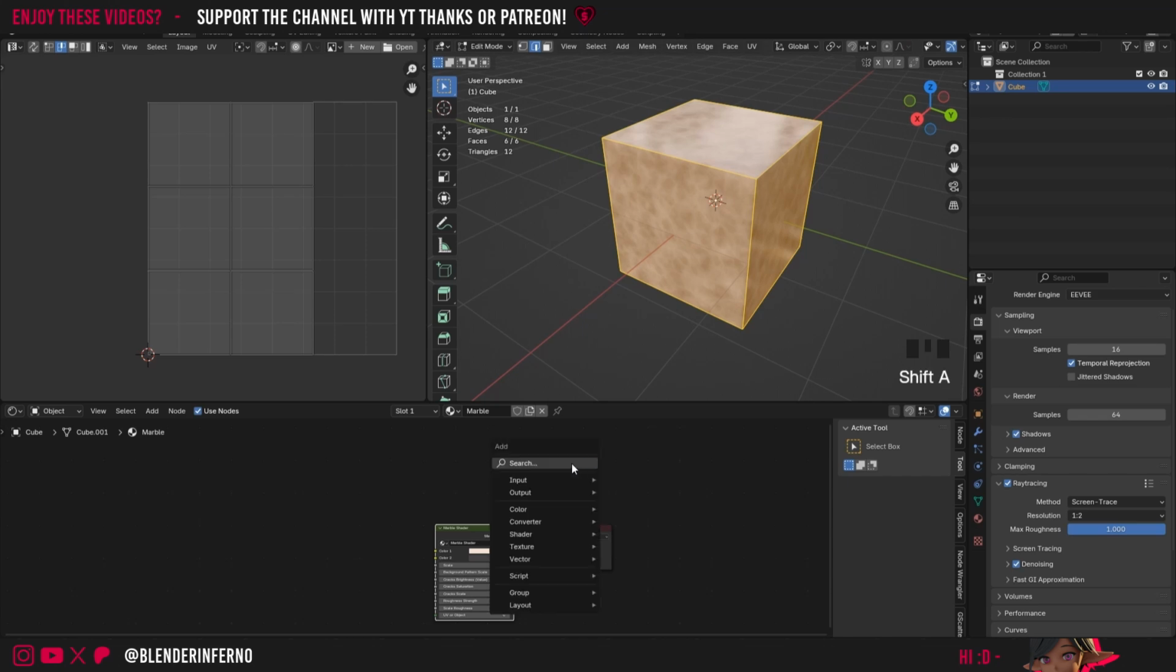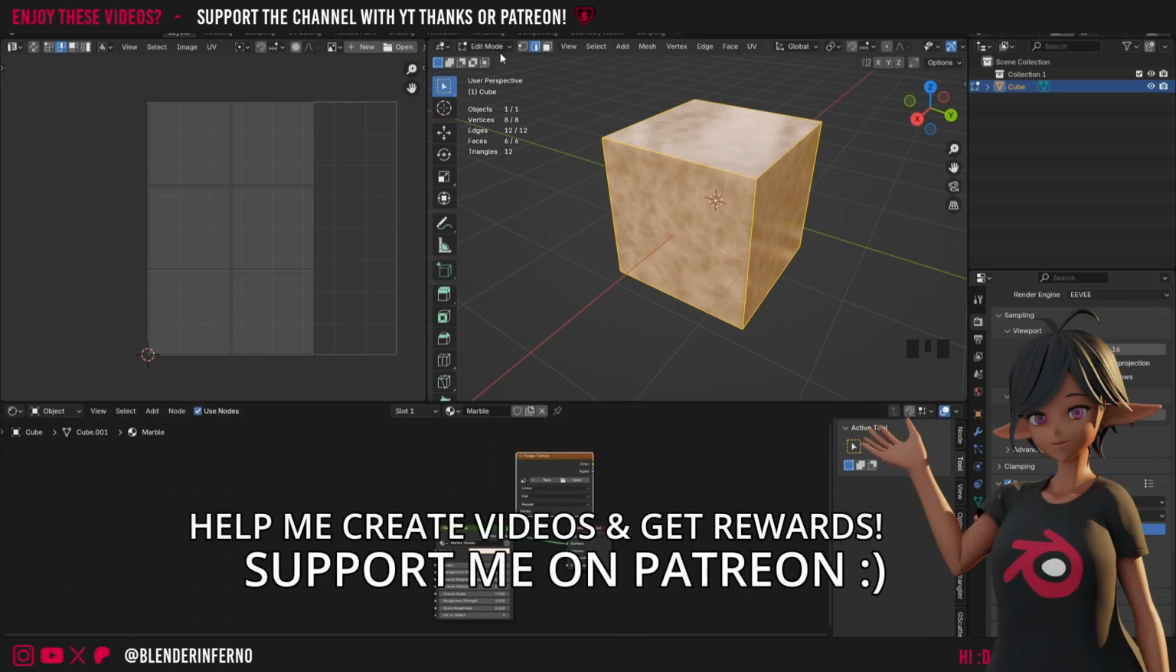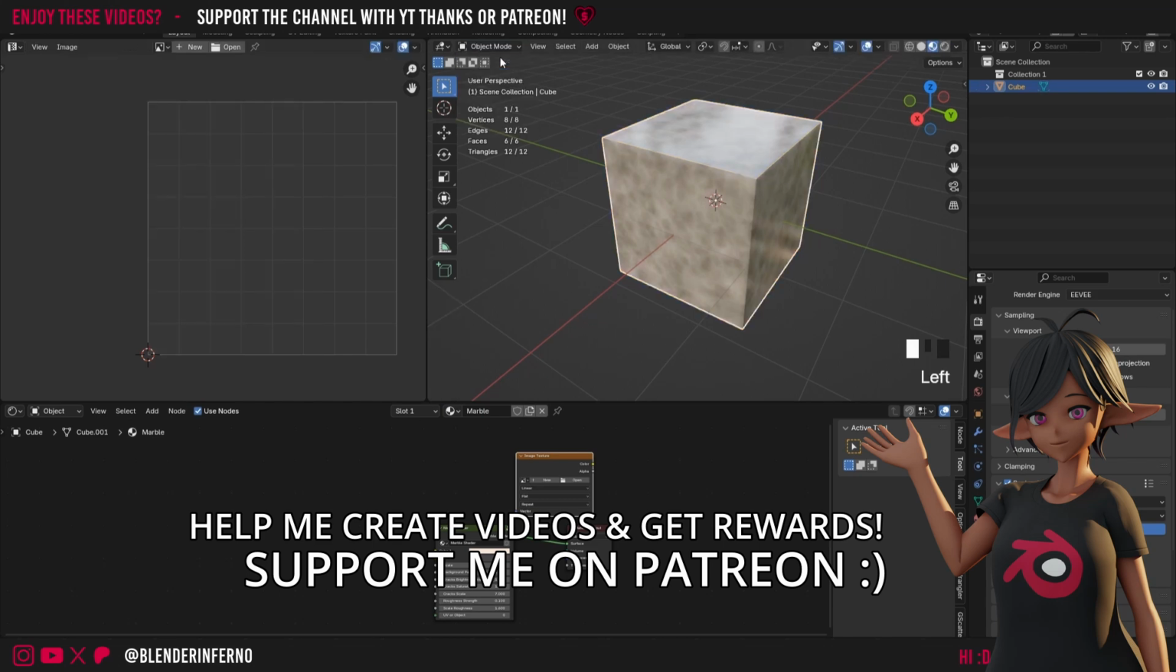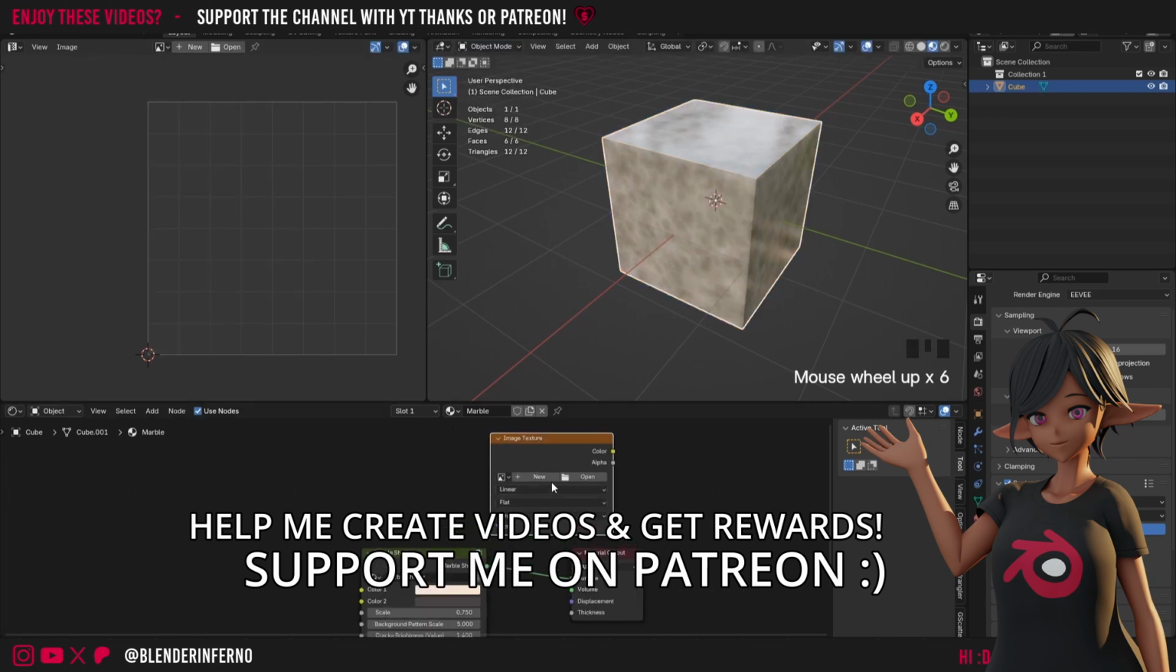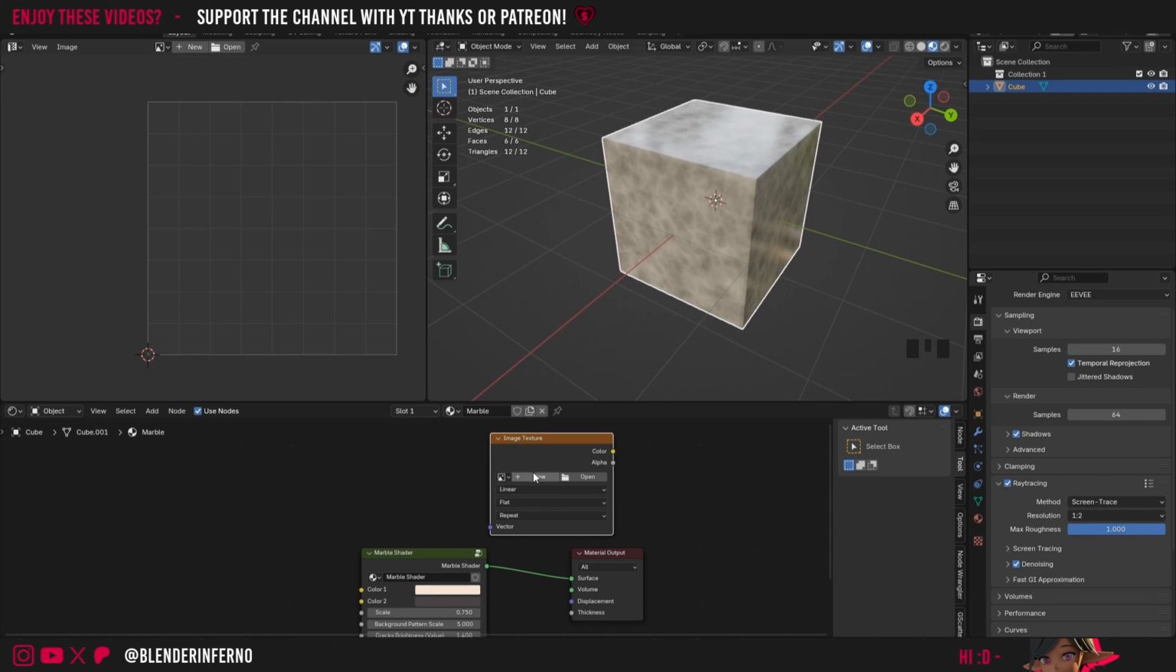And I'll press Shift A, and then under texture, I'm going to choose image texture. If you like, you can also come up to the top here and change from edit mode to object mode, but it's totally up to you. Then we're going to be baking the base color first, so I'm going to left click plus new, and you